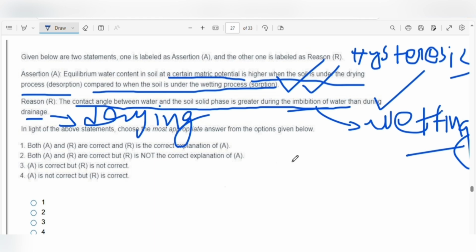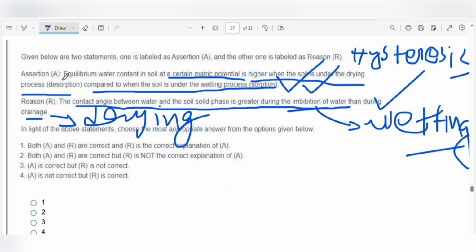And number three is the difference in contact angle between the advancing and the receding meniscus, where the contact angle during the imbibition or the advancing meniscus is more than the contact angle during the receding or the drainage meniscus. And finally, number four is swelling and shrinkage behavior of clay, that also results in differential equilibrium water content during drying and during wetting. So this is one of the reasons. There are four reasons, and this is one of the reasons why the hysteresis effect is seen